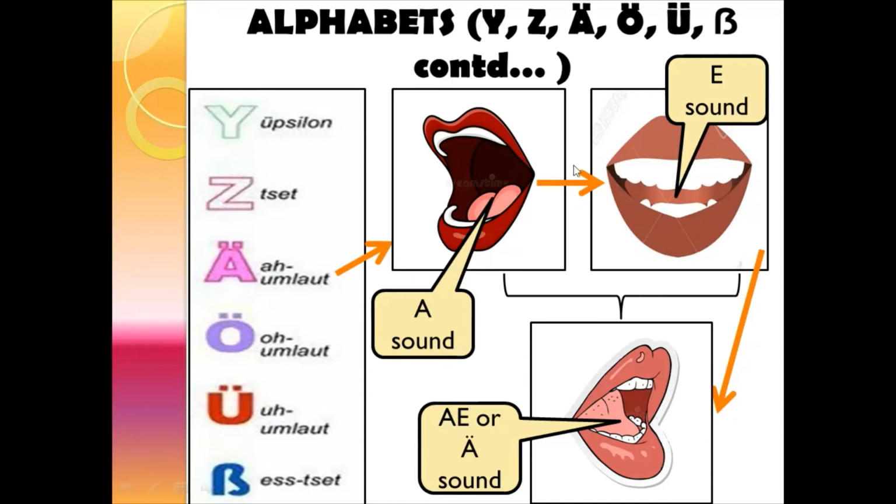So from these two images, the two sounds will now be combined in such a way that the mouth is not fully open as for the first sound, and it's also not partially open as for the second sound, but it becomes half open as in this image,